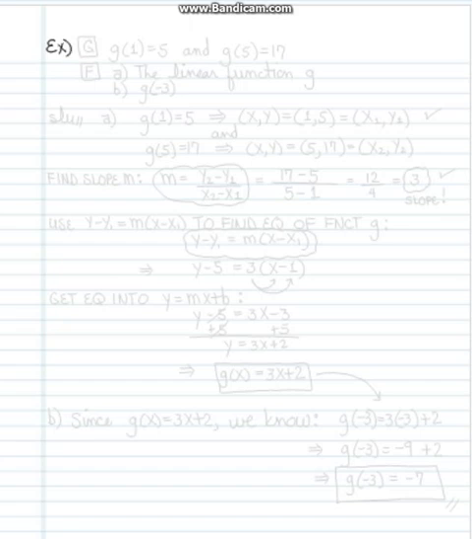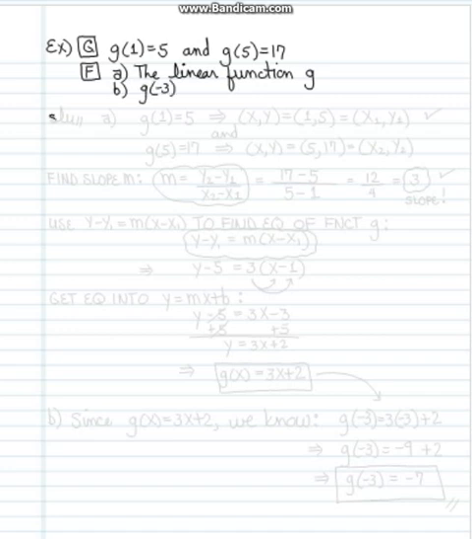Let's do this example. Given g of 1 equals 5 and g of 5 is equal to 17, find part A, the linear function g. Part B, find g of -3. Solution. Part A,